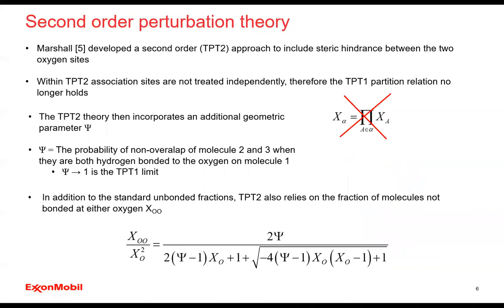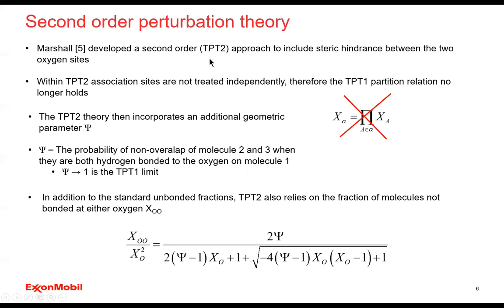So what we wanted to do was to work out a second order theory for alcohols to see if we get better agreement with this hydrogen bonding distribution. We did that. We developed a second order approach. Now, second order approaches are much more complicated than the first order approach, but what we've shown is that you can obtain a good general second order solution to Wertheim's perturbation theory for an arbitrary number of components where every molecule can have an arbitrary number and type of hydrogen bonding sites.